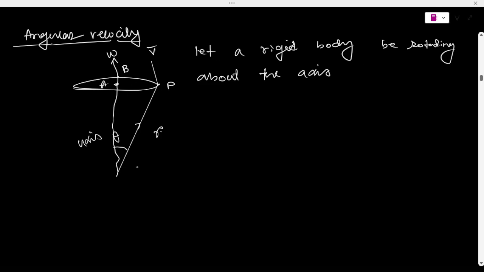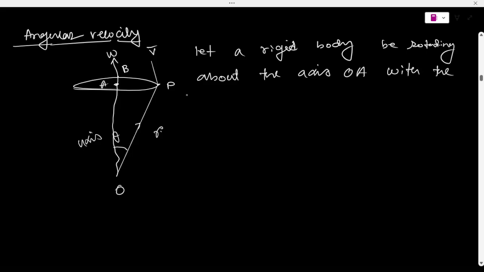This is point O, this is point A. This is a rigid body rotating about the axis OA